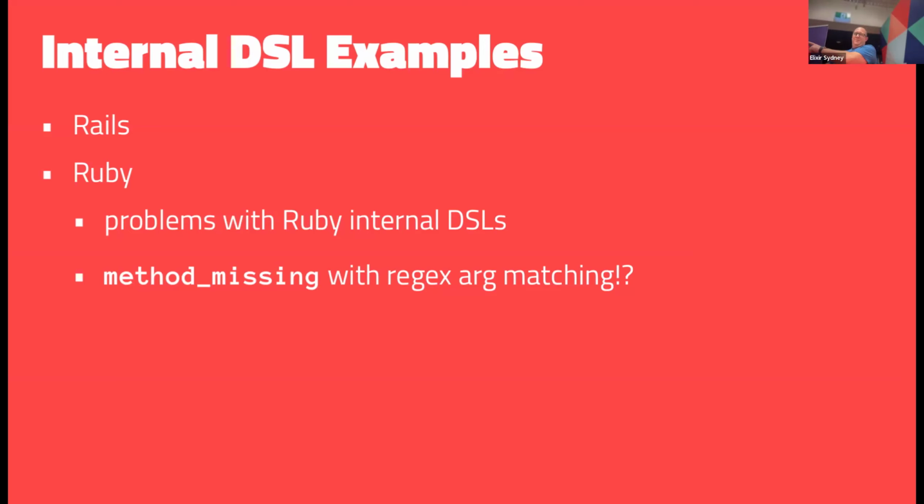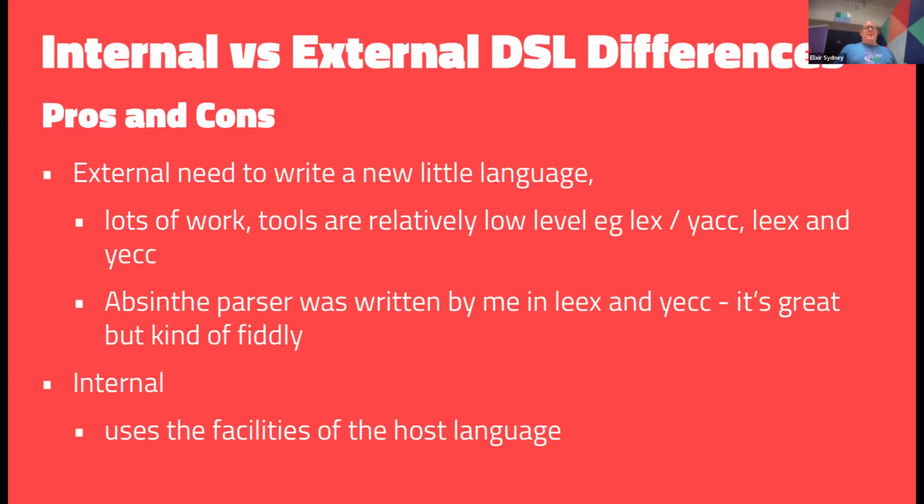One of them is method missing with regex arg matching, which frankly still leaves me with the cold sweats at night. If anyone doesn't know what that is, it's basically you can trap any method that doesn't exist on a class, and then you can regex match. And Rails, particularly Active Record, use this for lots of magic code and method generation, where you couldn't even figure out where the code lived unless you knew it was there. It's kind of terrifying. Not being able to trace where your code is coming from is kind of scary.